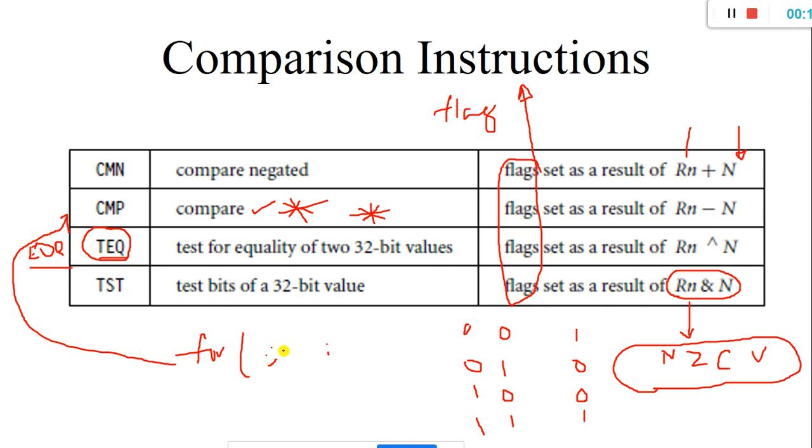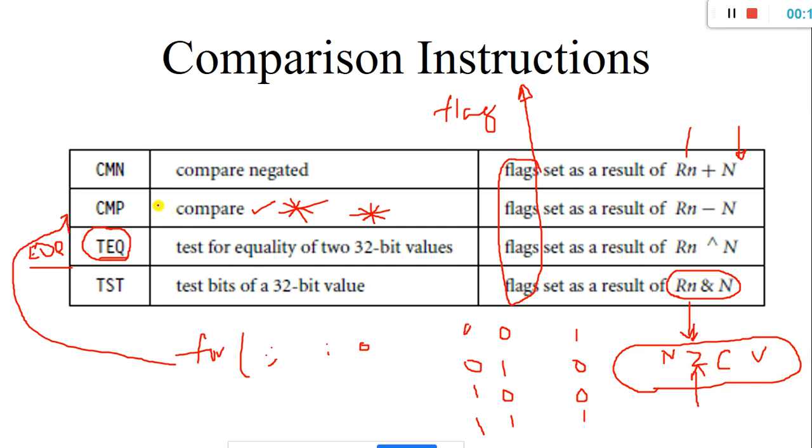Say, for example, if I want to decrement in a for loop, I want to check whether my I has reached 0 or not. So I go on comparing the I, and at some point of time it becomes equal, then the zero flag is set, it becomes 1. So this is how I use a for loop. Based on the flag condition, I take the decision. Decision making is performed based upon the carry flag, or based upon the status flag.